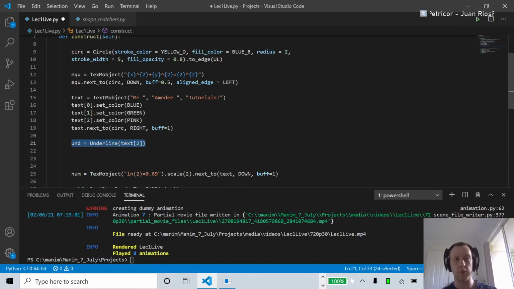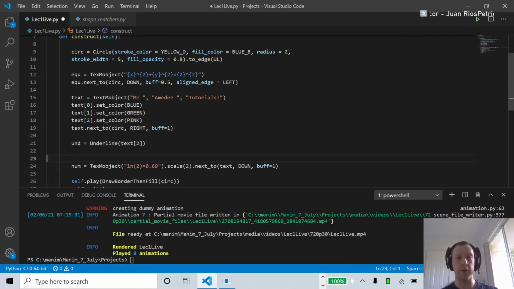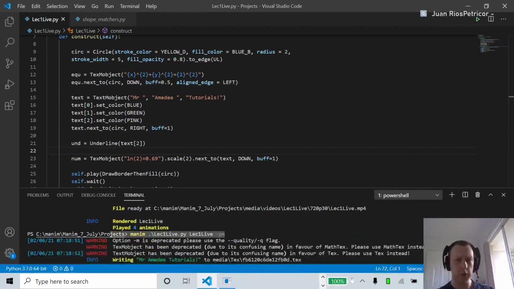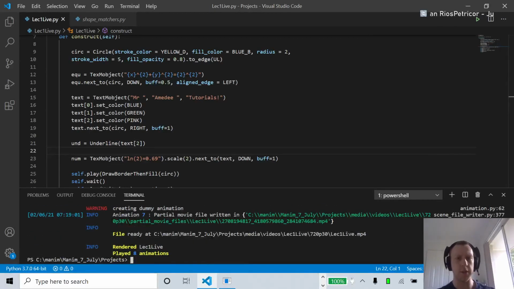So now this is going to read through it. It's going to say create the text, move it, and then create the underline. Whereas before I had create the underline and then move it, and so no wonder it did the wrong thing. Now I just want to deliberately show you an error here,